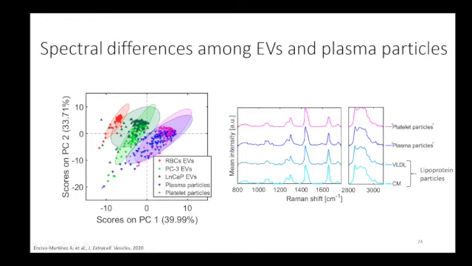Now, we wanted to see the origin of the particles that we took from the plasma and the platelet concentrates. So we characterized commercially available lipoproteins. We first thought of using only chylomicrons and very low density lipoproteins, because they overlap in size and density with the vesicles, and these are also the particles that can be trapped with our setup. We started by characterizing these, and you can clearly see that the fingerprint is very much like the one from the particles present in the plasma and platelet concentrates. So in fact, the particles that we were trapping there were mainly lipoprotein particles.